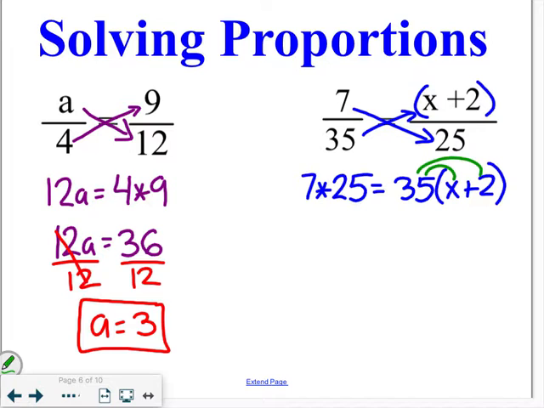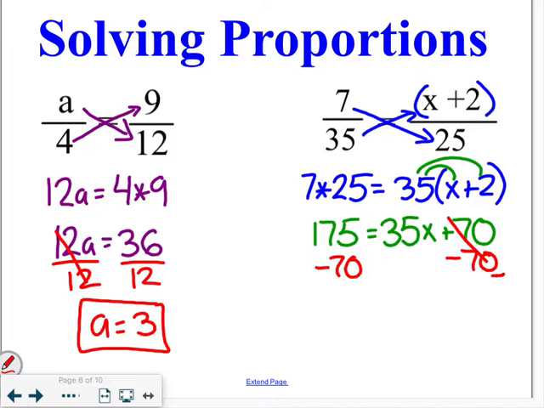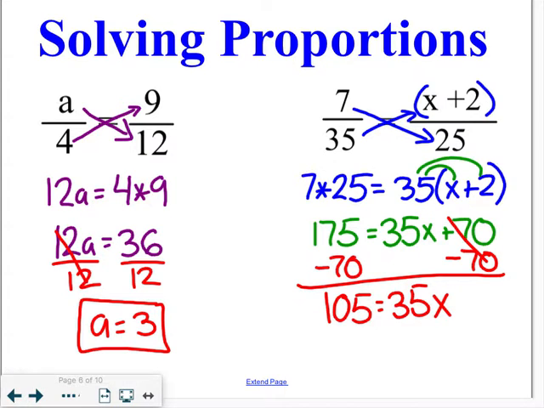So we end up with an answer of 175 is equal to 35x plus 70. Continuing to solve using SAD-MEP, we're going to subtract 70 from both sides, which gives us 105 is equal to 35x. Finishing out the problem, we're going to divide both sides by 35, which gives us an answer of 3 is